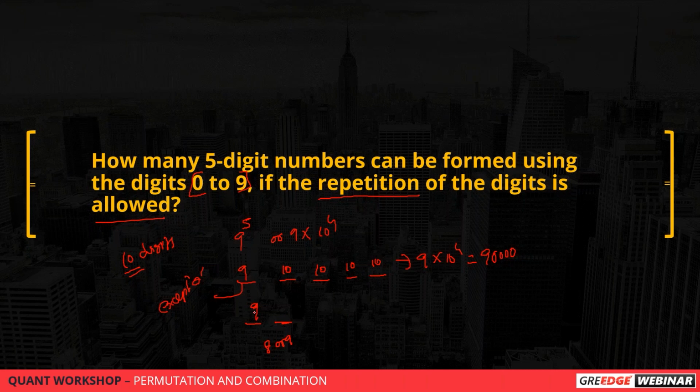You need to be careful. It may not be 8 because I have used one digit from the list. Okay, from the total 10 digits, I have used one digit. But for my second place, I can include 0 again, isn't it? I can include 0. So out of 10, I have used one number. So I am left with 9 possible ways to fill the second digit. But my third place, it will be 8. Then 7, 6. So the answer will be 9 into 9 into 8 into 7 into 6 ways when the repetition is not allowed.